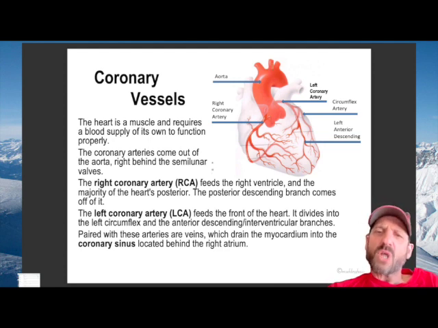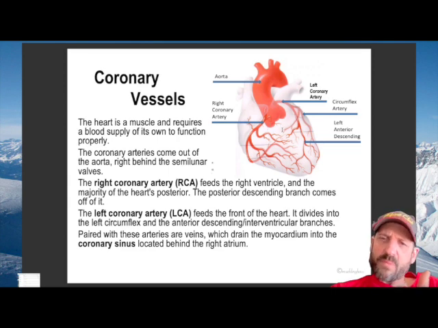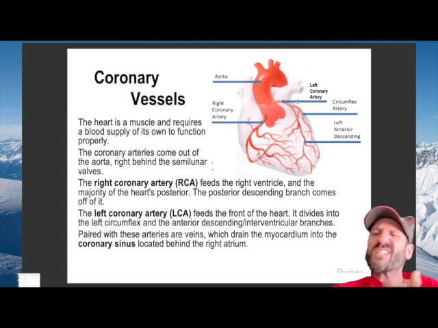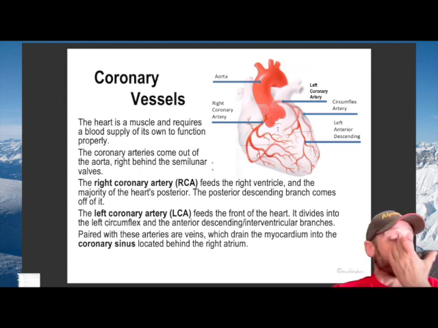So these stumps up here are then the vessels that go up into the head and into the arms. We're going to give those things names. But in the back here, this is the back of the heart, we see these coronary vessels come up and out. And coronary means it feeds the heart itself. And so these vessels are the ones that feed the heart itself, the heart muscle.